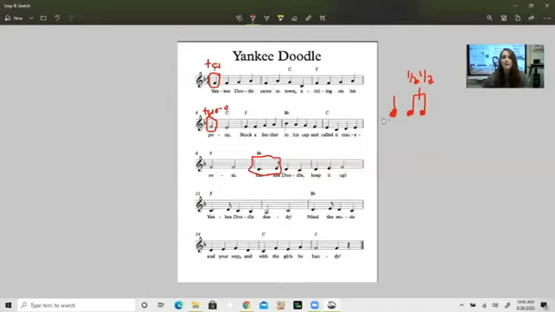So what I need to do is make this ta worth a beat and a half. I don't want 1 beat. I don't want 2 beats. I want a beat and a half, right in the middle. So before I can add my dot to make that a beat and a half, let me draw them a little half here, see if I can make it 2 a little better. There we go. Oh, that's so bad.